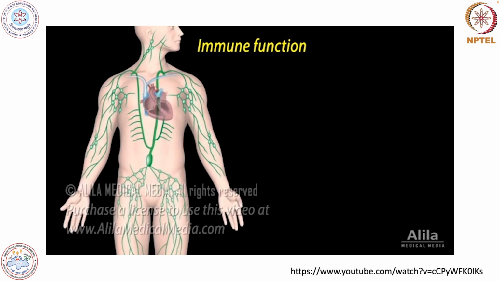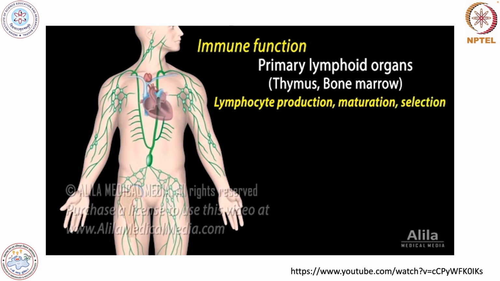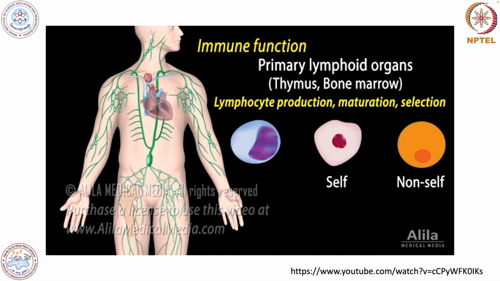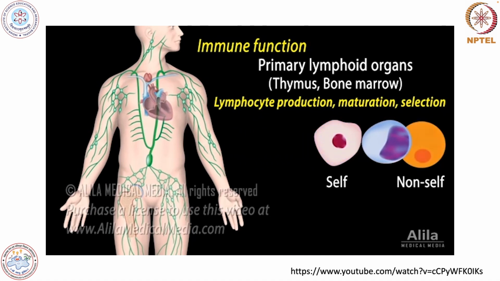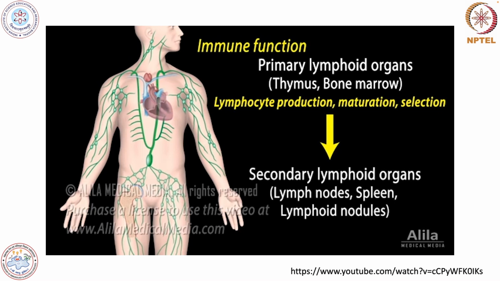The lymphatic system also includes lymphoid organs. Primary lymphoid organs, the thymus and bone marrow, are the sites of lymphocyte production, maturation, and selection. Selection is the process in which lymphocytes learn to distinguish between self and non-self, so they can recognize and destroy pathogens without attacking the body's own cells. Mature lymphocytes then leave the primary for the secondary lymphoid organs, the lymph nodes, spleen, and lymphoid nodules, where they encounter pathogens and